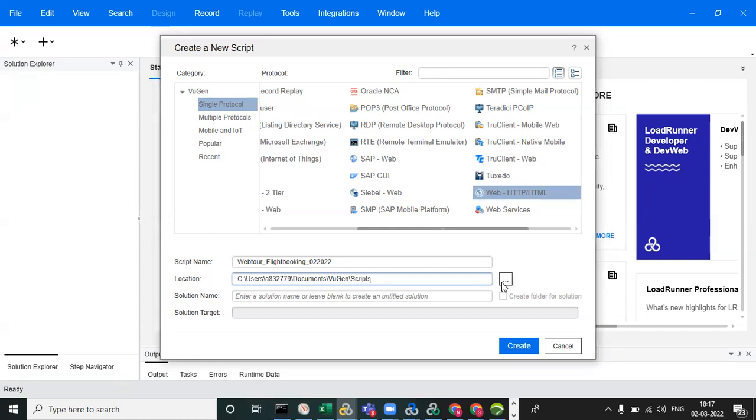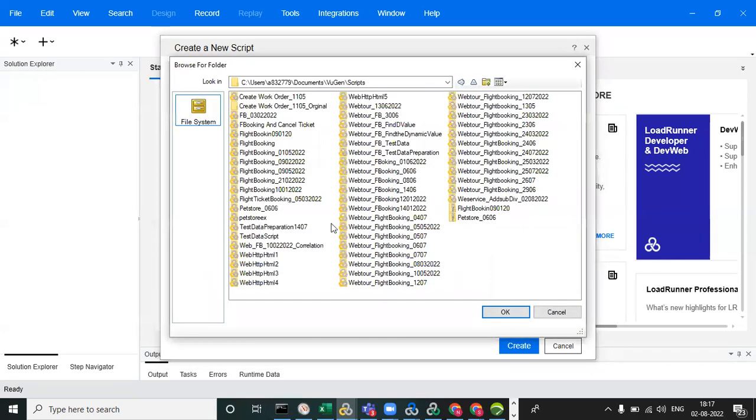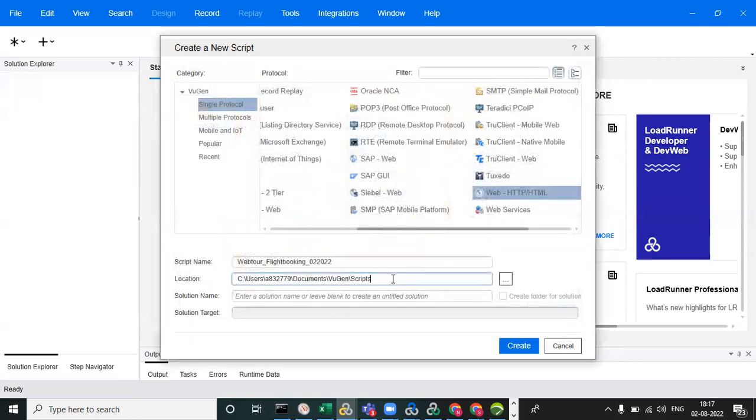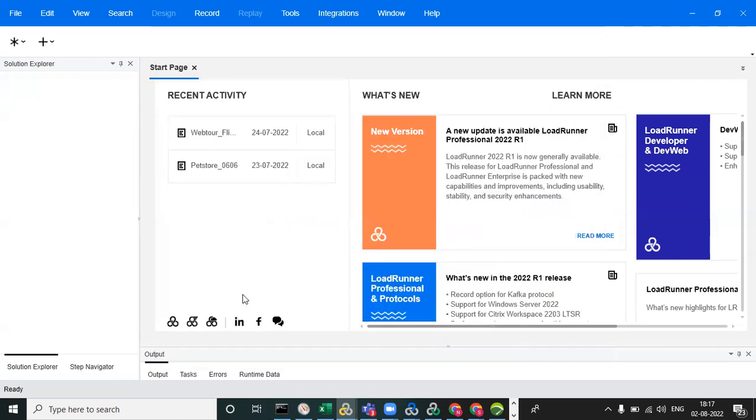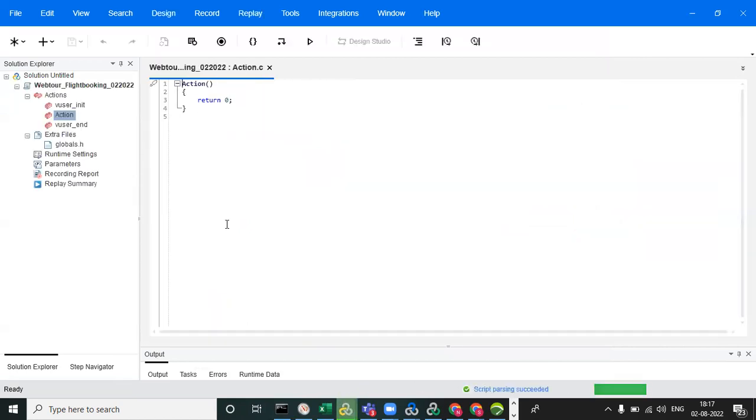Otherwise, if you want to change the location, you can click on this and change it. You can create it anywhere you want, on the desktop, in documents, or in a D folder, as a scripts folder, and save it there also. That opportunity is there, but this is the default path. So now we have selected this, you can click on the create button,